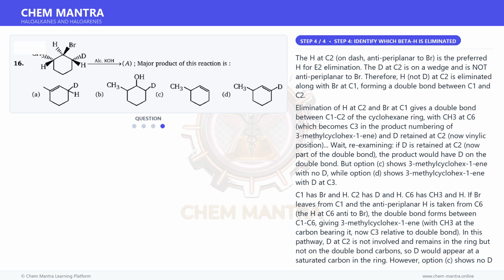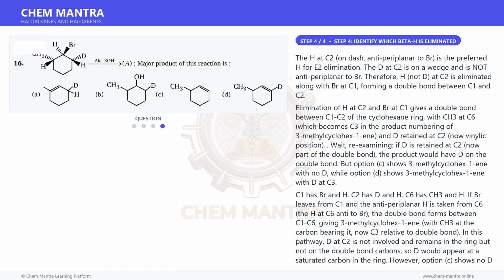And for the final step, the H at C2 on dash, anti-periplanar to Br, is the preferred H for E2 elimination. The D at C2 is on a wedge and is not anti-periplanar to Br. Therefore, H, not D, at C2 is eliminated along with Br at C1, forming a double bond between C1 and C2. Elimination of H at C2 and Br at C1 gives a double bond between C1, C2 of the cyclohexane